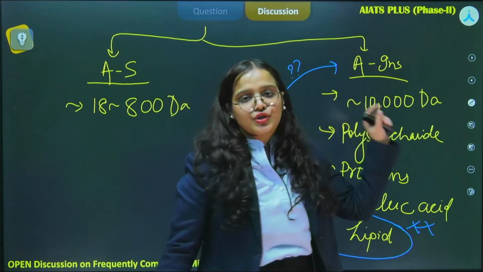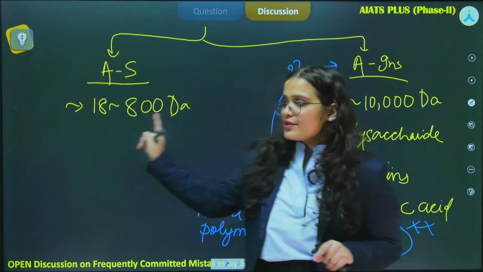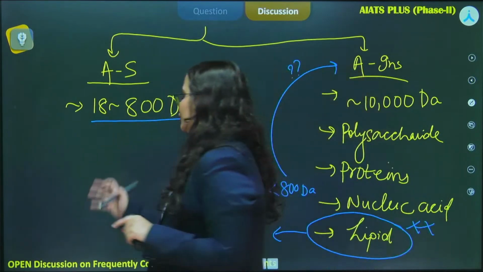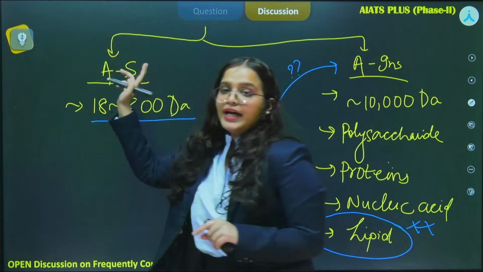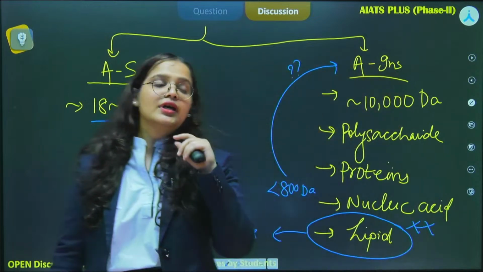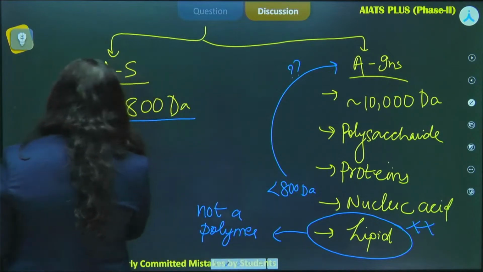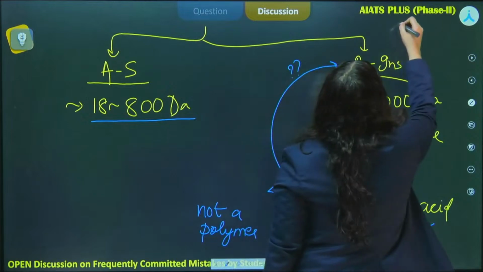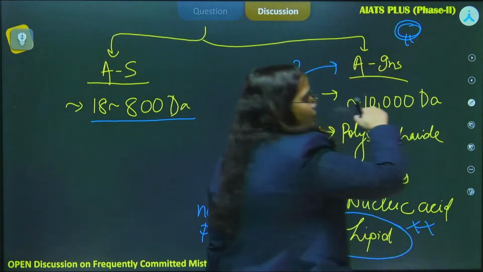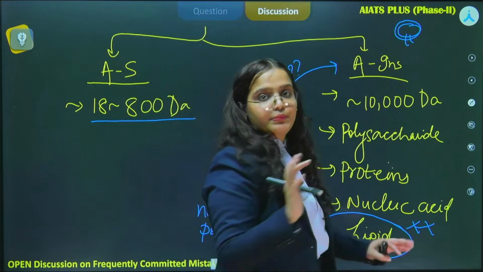this question should intrigue you, that since we saw that the molecules found in the acid soluble fraction had this particular weight range, basically we should have found lipid in the acid soluble fraction, but that doesn't happen. And why is that? Because when we break down a cell membrane, we all know that our cell membranes are composed of lipids. We call it a lipid bilayer, right?